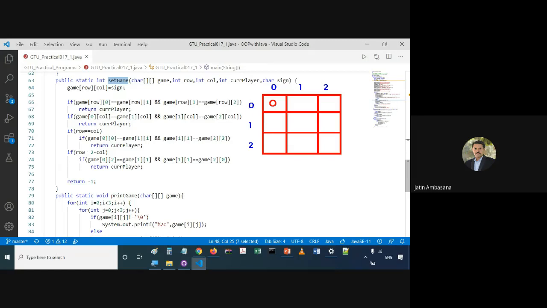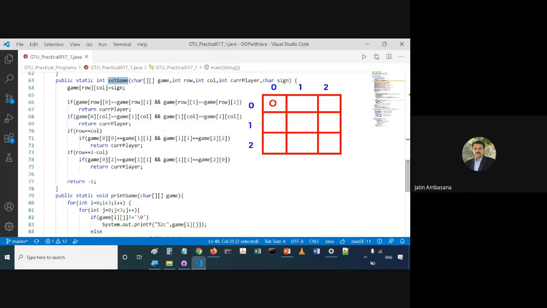Now what will it check? First it checks the whole row, then it checks the whole column, then it checks whether both those indexes are the same. Yes, currently the index are same, row and column number are same. So it checks this part. It checks this part. Okay.